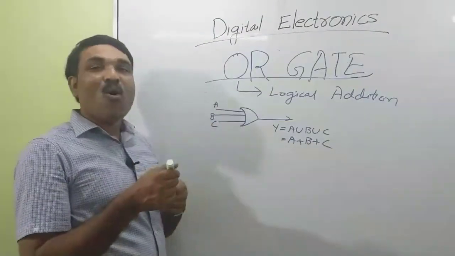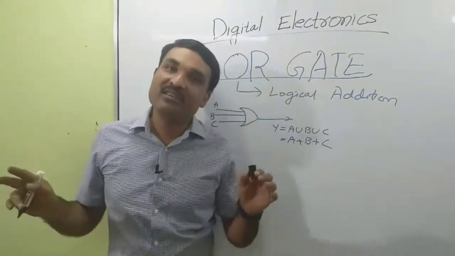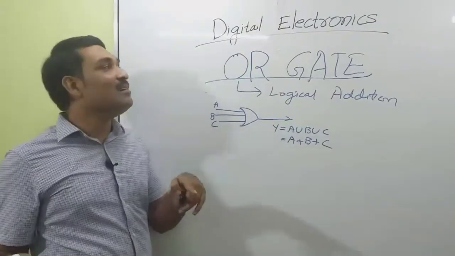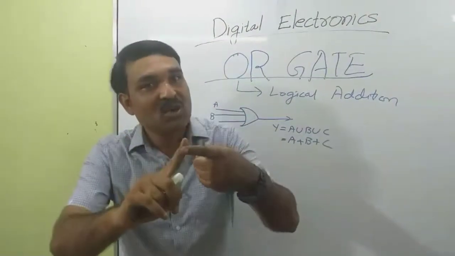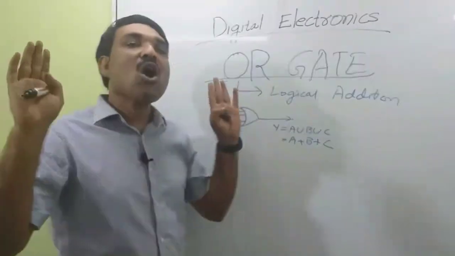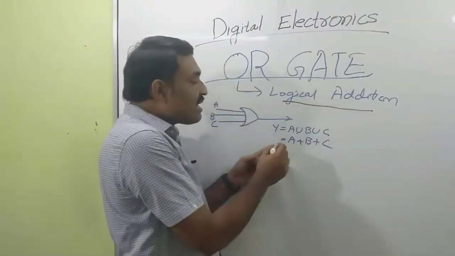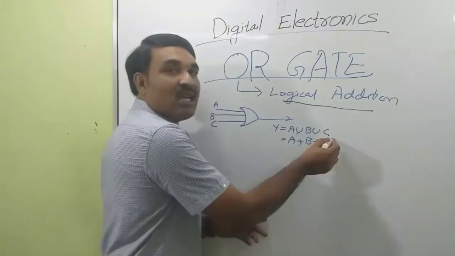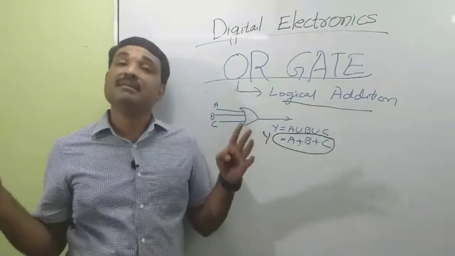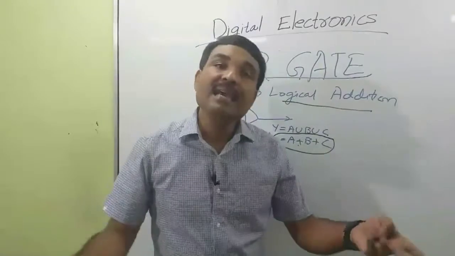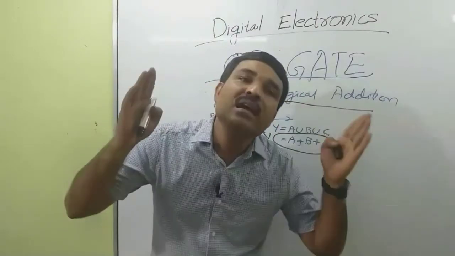Now the OR gate. The OR gate is used to perform logical addition or union operation. This will represent the circuit symbol for the OR gate. So an OR gate should have a minimum of two inputs, or two or more inputs. So output Y is equal to A union B union C. That is logical addition, equivalent to A plus B plus C. Usually the operation is represented by Y is equal to A plus B plus C. So the output will be high if any of the inputs is high. The output is low only when all the inputs are low.